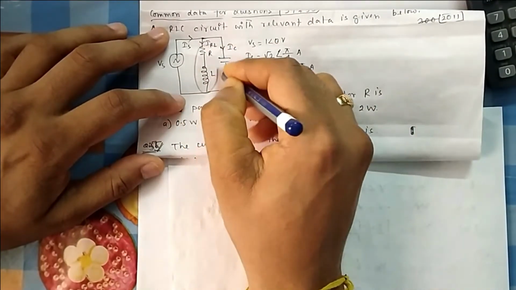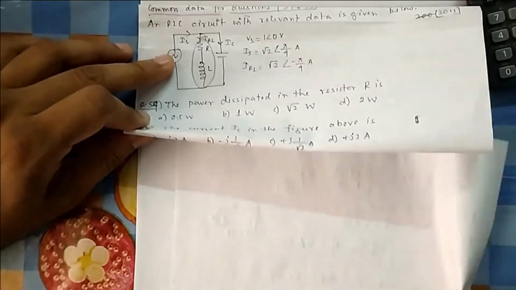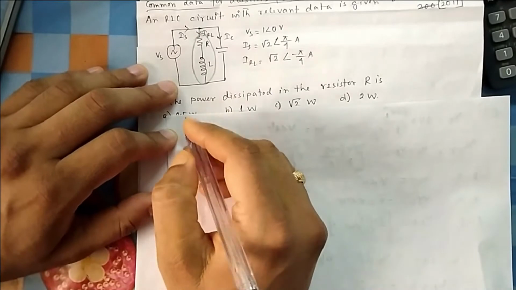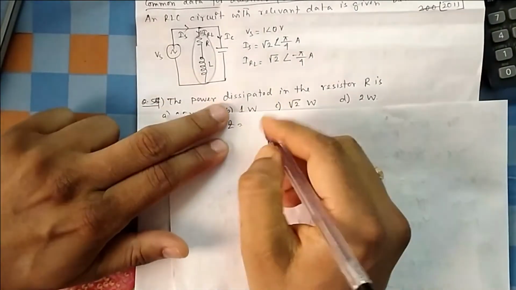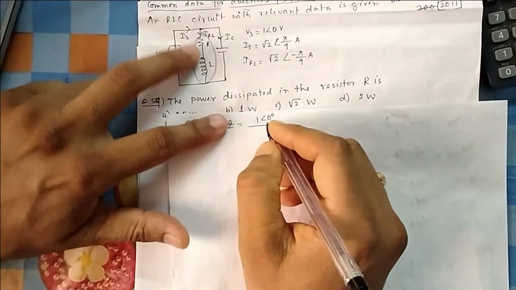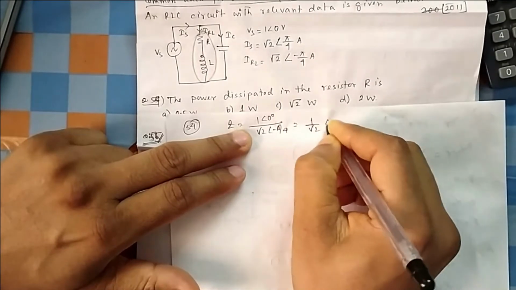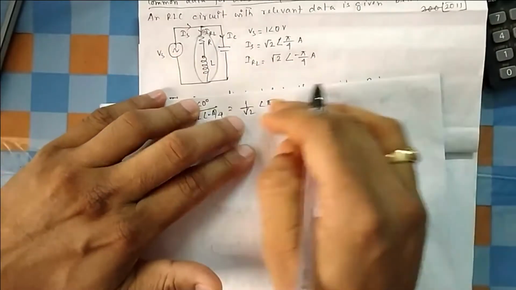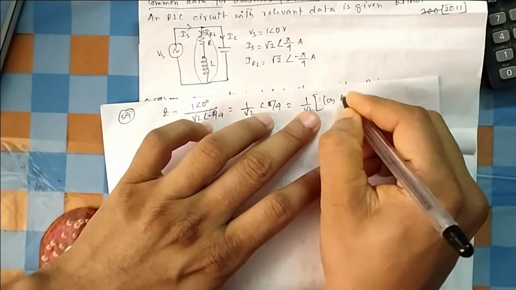So you can calculate the impedance of this branch because you know the voltage across this and you know the current across this. If I name the impedance of the RL branch as Z, then Z will be equal to V, that is 1 angle 0, divided by this current, root 2 at an angle of minus pi by 4. So it is 1 by root 2 at an angle of pi by 4. In the exam you may not have direct polar to rectangle conversion, so you better remember this one. In a calculator now you can do it, but you should remember how to convert it.